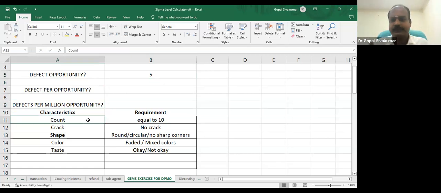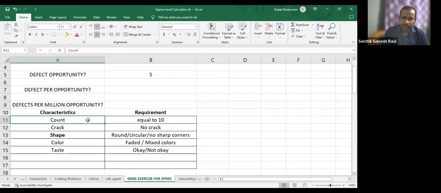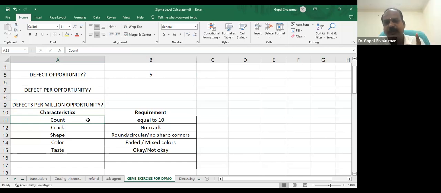The first characteristic that is expected in a GEMS is the count of the chocolates inside. Am I right? If it is a pack of 10 chocolates, then exactly 10 should be inside. The first defect opportunity is count. The second defect opportunity: the chocolates should remain undamaged. If the chocolates are broken into small pieces, we don't want it that way. So that is another defect opportunity. All of you understand the second defect also? You are all going to work as a quality engineer, quality manager now. You are going to test it, right?